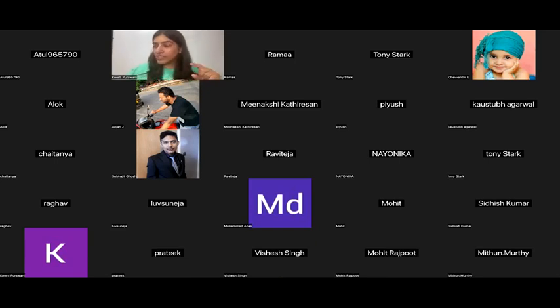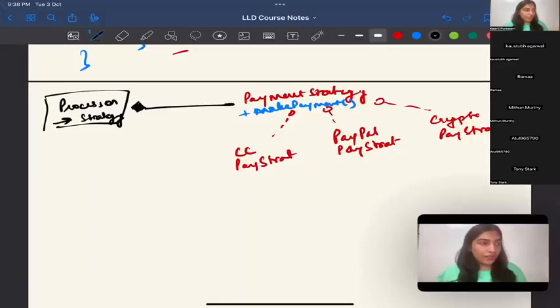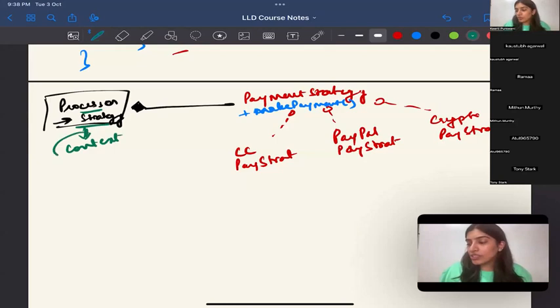There is one problem that some people have noticed and have started talking about it. Can you all also think about what is the problem with the code that I actually showed you? Before we talk about this, let's quickly finish whatever we have discussed so far. By the way, this payment processor is called context. So when you see the UMLs of strategy design pattern, you will be able to see context. Okay. So let's see what are the main